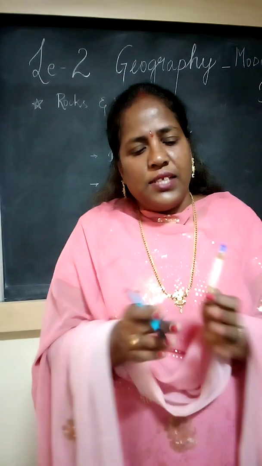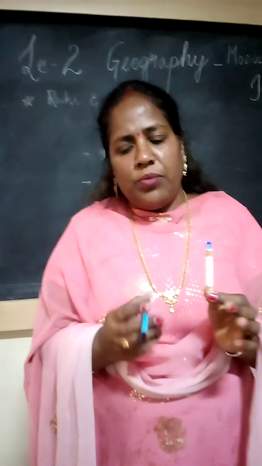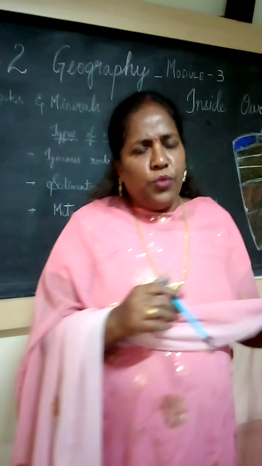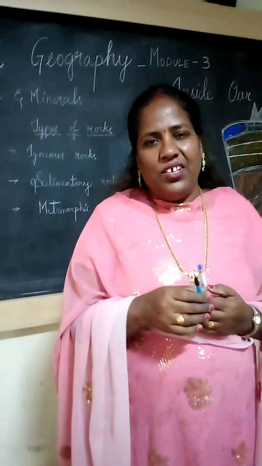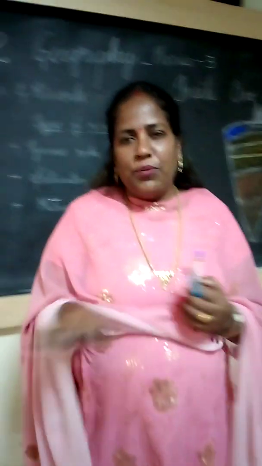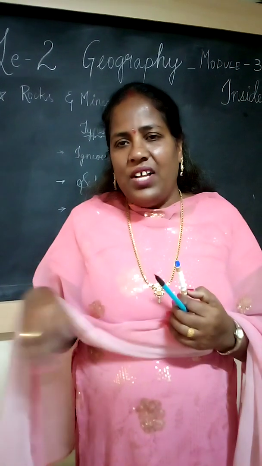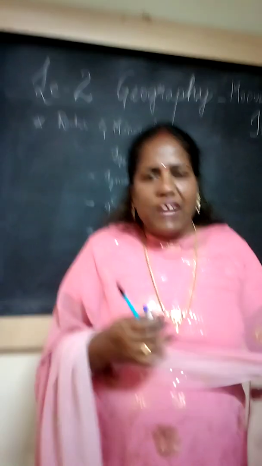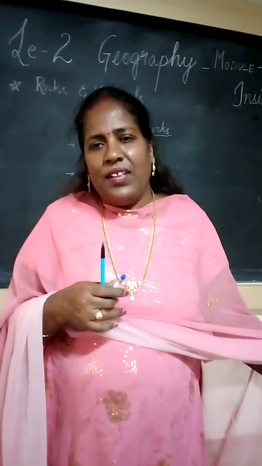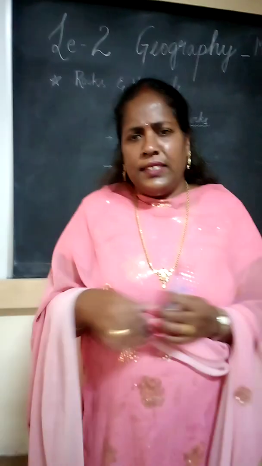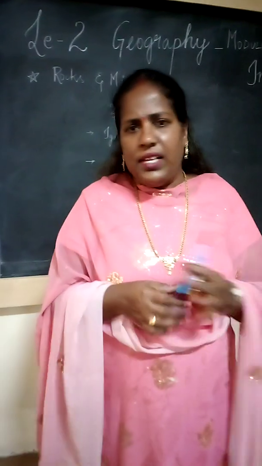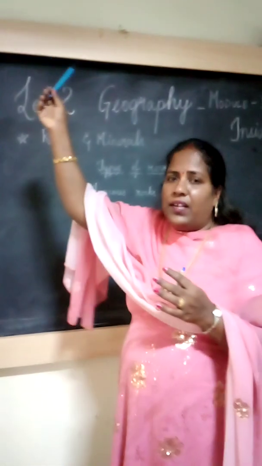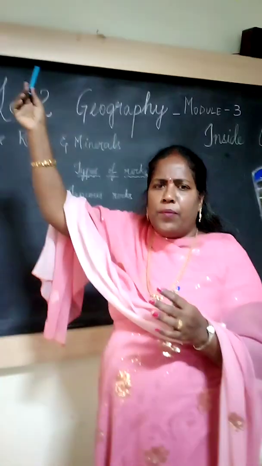Different rocks are there. Suppose this chalk is this. This is one type of rock. In this graphite is there. This is also one type of rock. And we see so many rocks in our house also. How you can see in the kitchen? Suppose our kitchen platform is there, no? It is made with granite. See, in our house the floor is made with marble. Different items we can see in our house only. Suppose our house walls are there, these are made with cement and white coat. This also comes under the minerals.